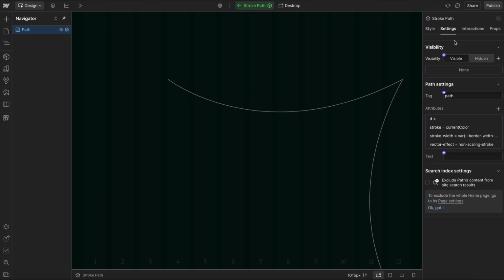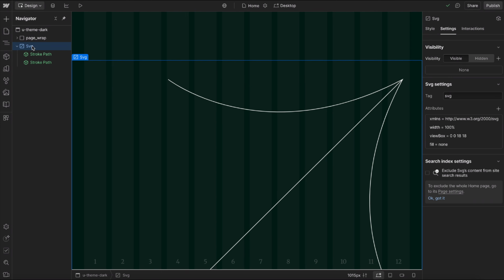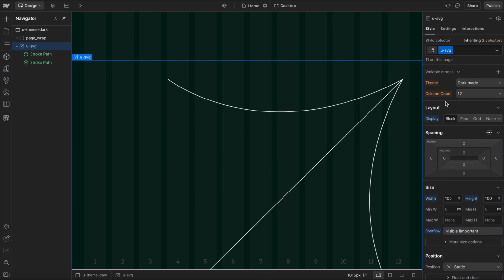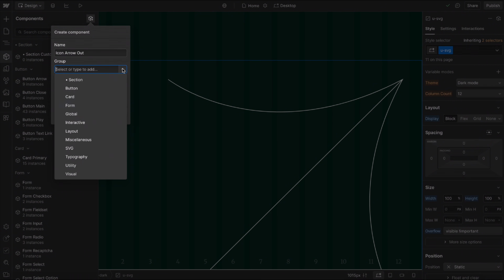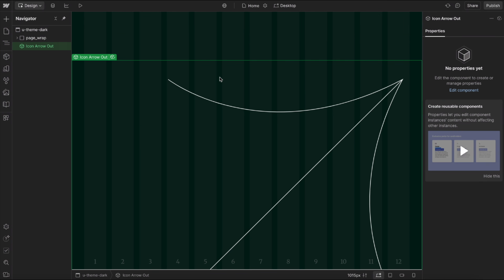And so this path is connected to our border width variable, and it has a vector effect non-scaling stroke to make sure everything's sized correctly. So for any outline SVGs, we want to use that stroke path component. On all our SVGs, we want to add U-SVG, and this removes the default bottom spacing and gives us all the correct styles. And then we just turn this into a component. I can call this icon arrow out. And I can go ahead and put it in my SVG group and create,